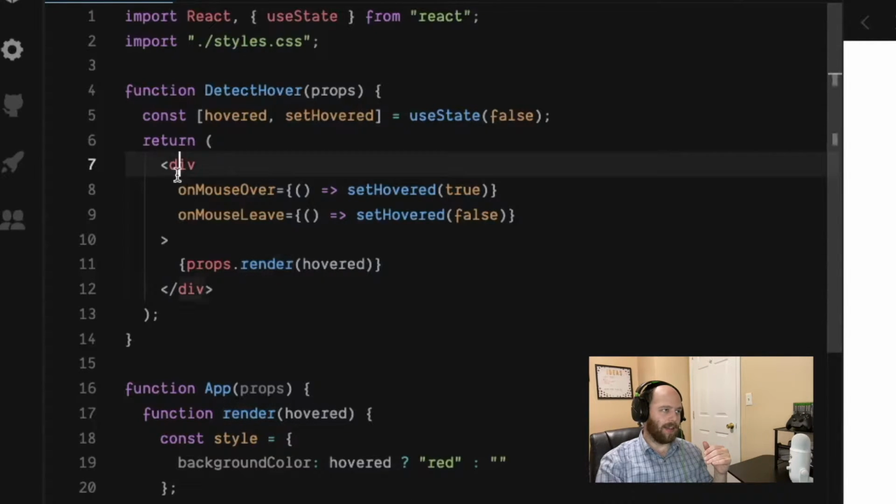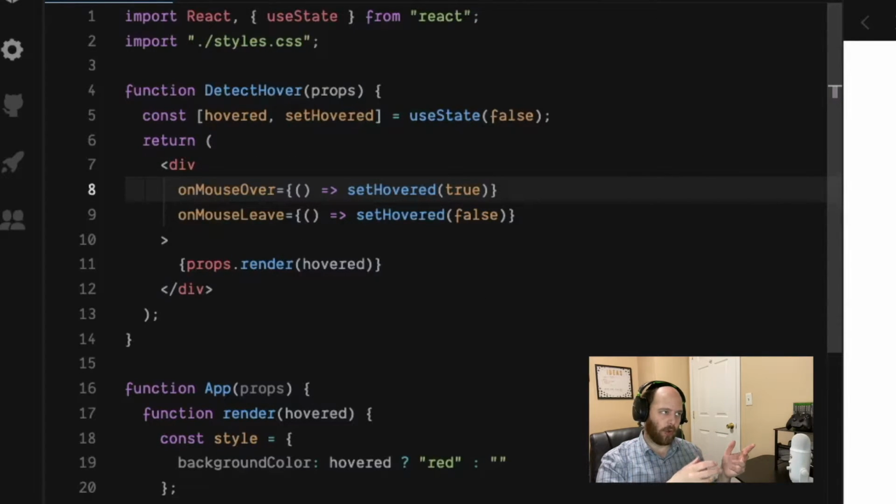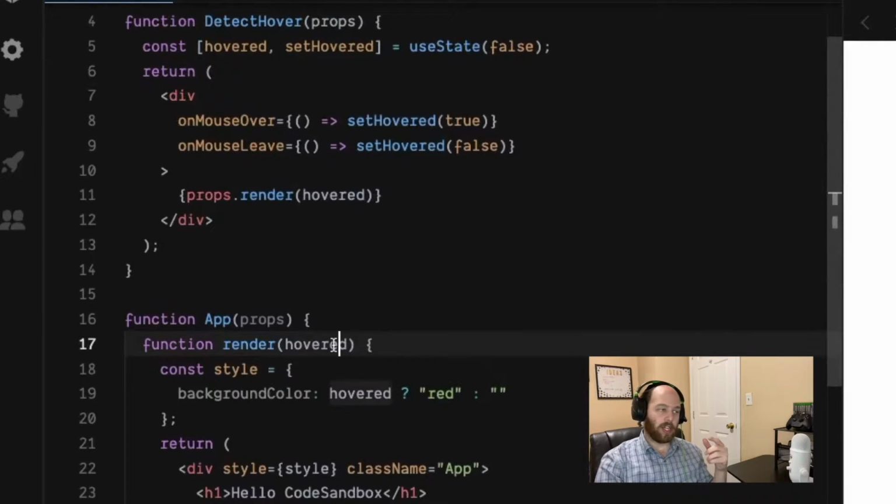It then has a div with onMouseOver and onMouseLeave events to listen for whether or not you're currently hovering over this div. Within that div, we call props.render. Render is just a prop that's getting passed to DetectHover. It is a function, so we can invoke it by saying props.render, invoking the function, taking this hovered state right over here, and passing it down as an argument to the actual function. So when we come back here, we receive the hovered variable as an argument to the render function,